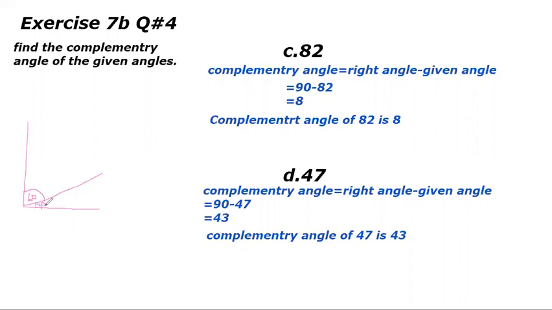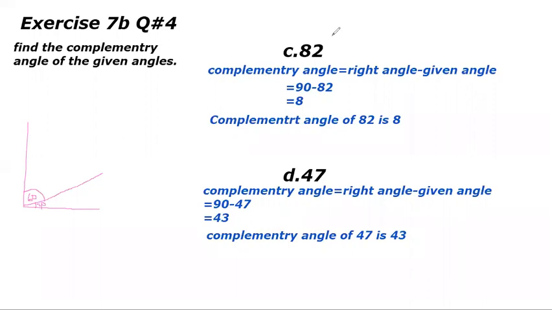My given angle was 30 degrees and you found the complementary angle, that is 60 degrees. The complementary angle of 30 is 60 degrees, and the complementary angle of 60 degrees is 30 degrees. Both are complementary to each other because their sum is 90 degrees. This was the quick